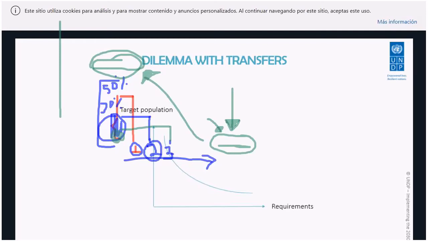I'm not sure if I explained it well, but in the absence of specific information about who is a beneficiary and what the amounts are